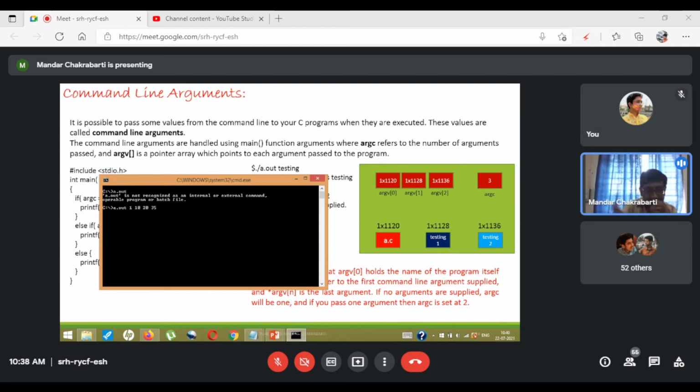So here, these extra things that I am giving are my command line inputs. These are the arguments that I'm passing to the program during the runtime of the program.